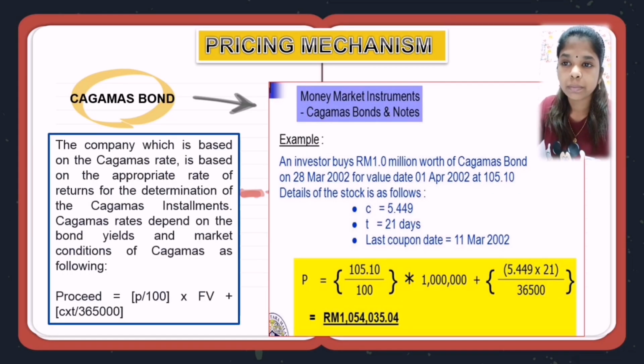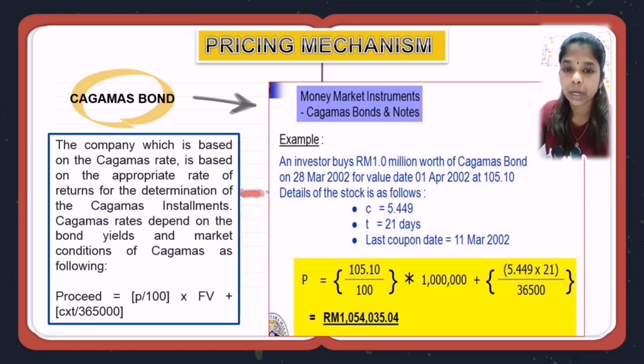Next is the pricing mechanism. For the Cagamas bond, the Cagamas rate is based on the appropriate rate of return for the determination of the Cagamas installment. Cagamas rates depend on the bond yields and the market condition of Cagamas as follows. The trading formula of the Cagamas bond is